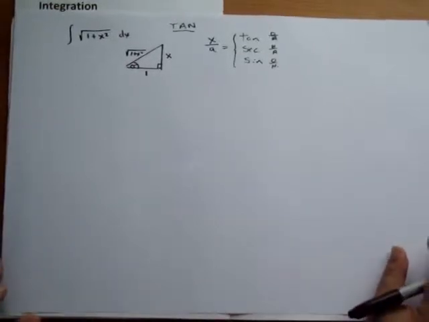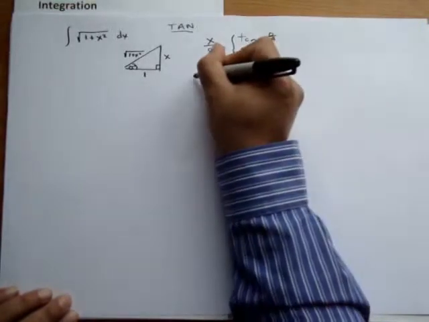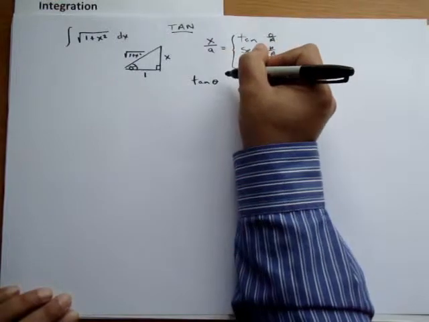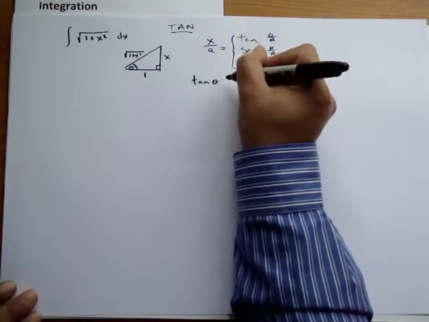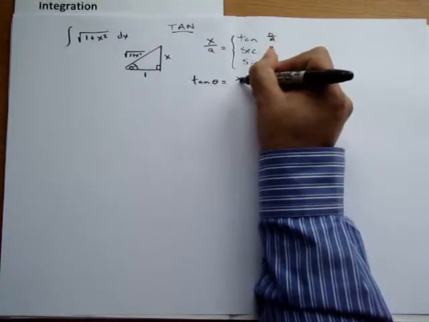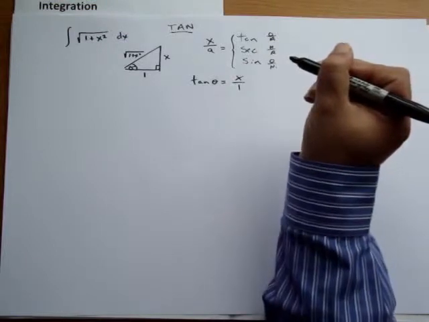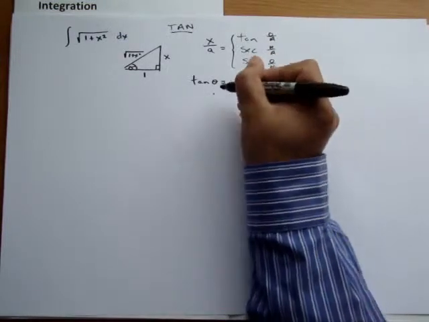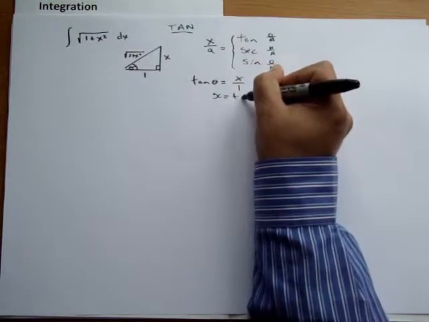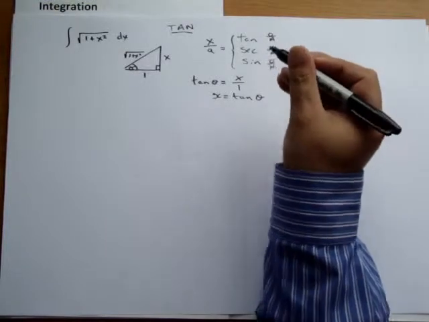Now what we tend to do is write out that tan theta equals, and the adjacent was 1, so for x equals tan theta,